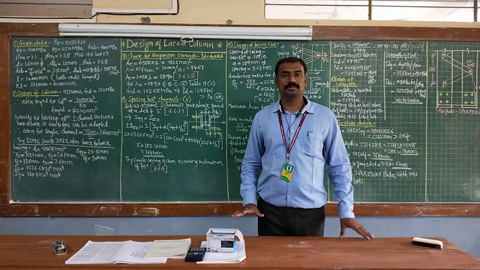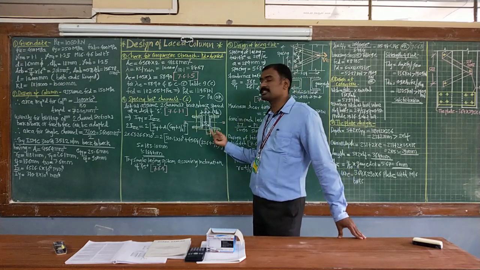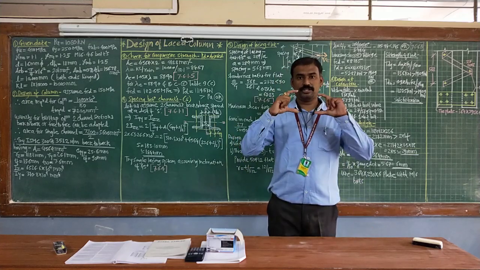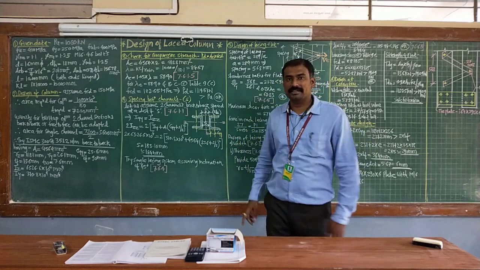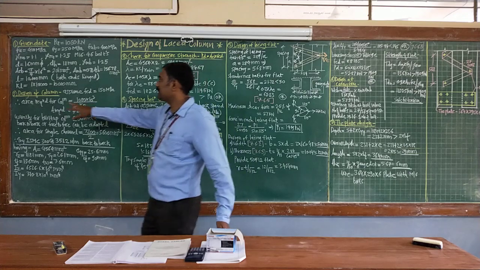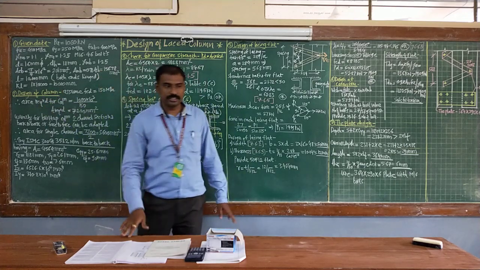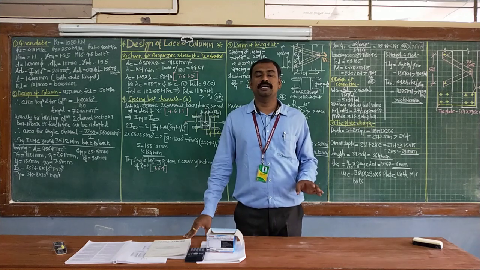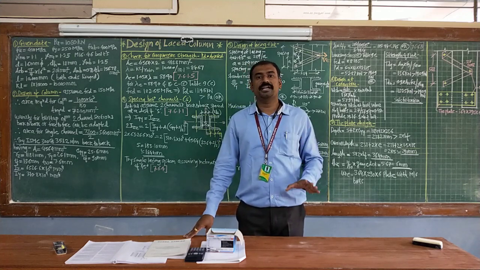According to this given data, you need to proceed with the design of a column, and it is a built-up column consisting of two sections combined. That combination may be face to face or back to back, correct? So proceeding with the first step, design of column. Initially for a design problem, you need to identify the cross section to be adopted, and for that again we adopt a common formula.